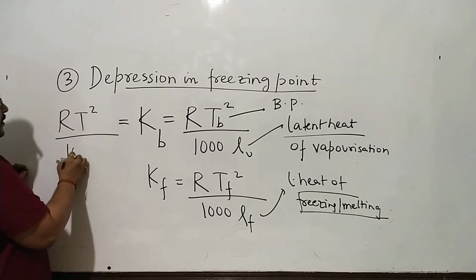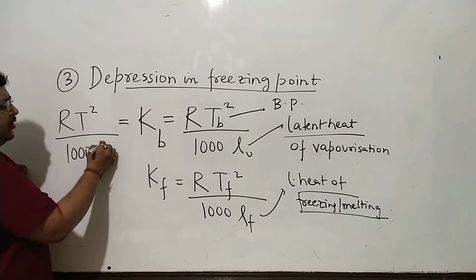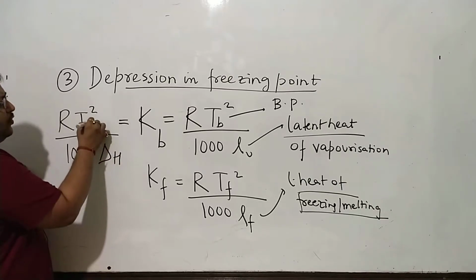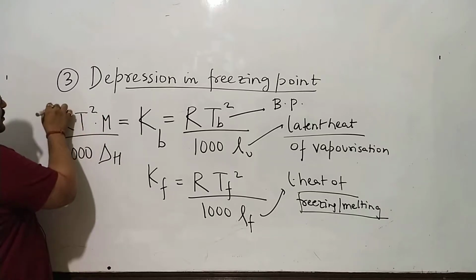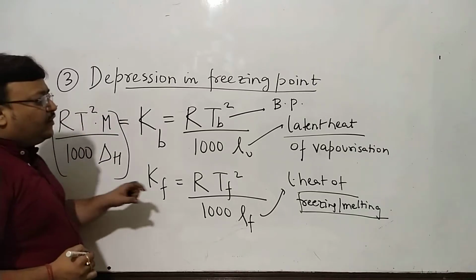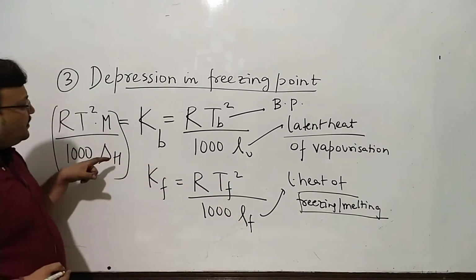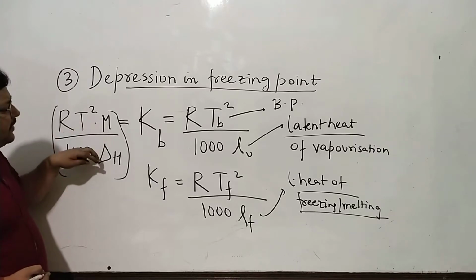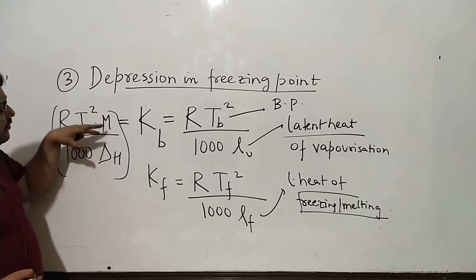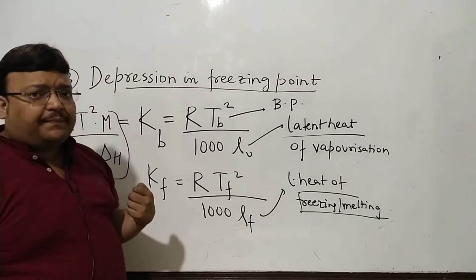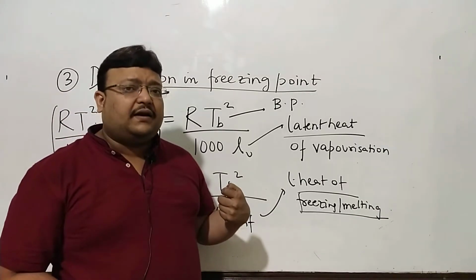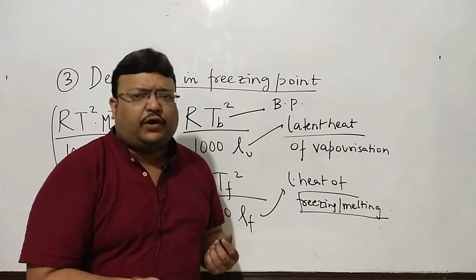The only change will be, if it's given per mole, it becomes delta H, and you will want to write the molecular weight here. So this is the only change. If the value is given per gram, it's all right, but if it's given per mole, you will want to put molecular weight here. Naturally, this upon this will become the heat exchange per gram. Capital M certainly is the molecular weight, which is the gram molecular weight.